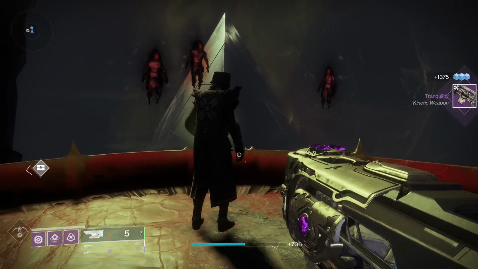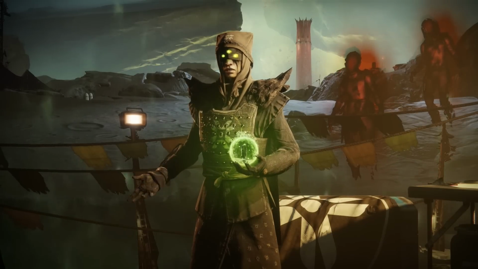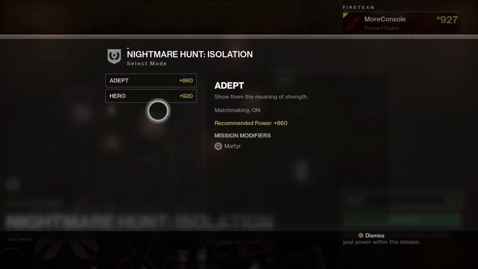A killer blow delivered by none other than the Hive Knight, Alakul. In the coming weeks, expect to find out more about Tolan the Shattered, Omar, and Ariana. Next up, we're going to look at the new hero difficulty nightmare hunts, which have a recommended power of 920